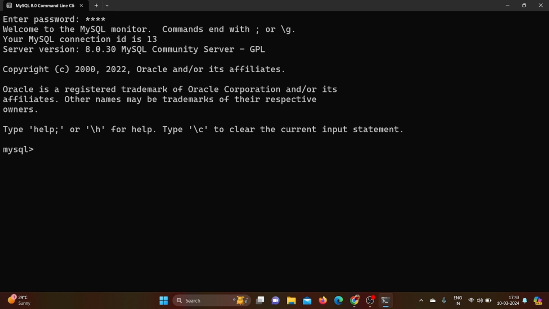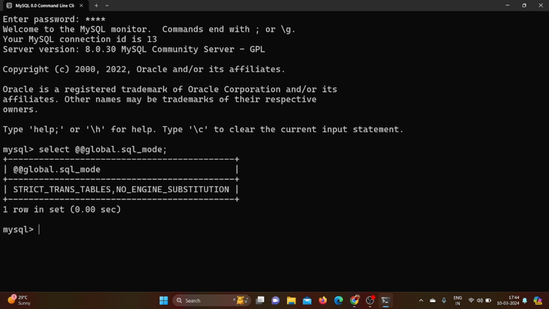Basically, we can use the command select @@global.sql_mode, and we can close this command. And yeah, you can see that globally these two modes are enabled, which is STRICT_TRANS_TABLES and NO_ENGINE_SUBSTITUTION. Similarly, for this particular session, we can check for SQL modes by this command, select @@session